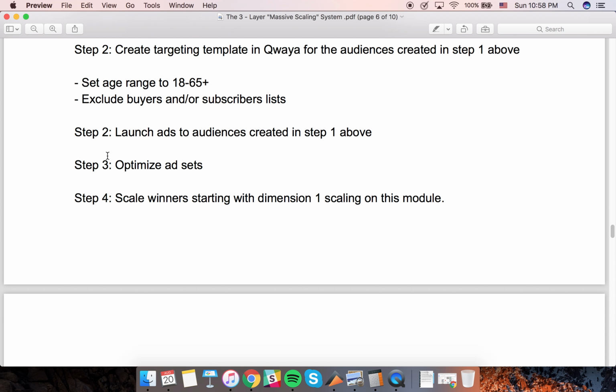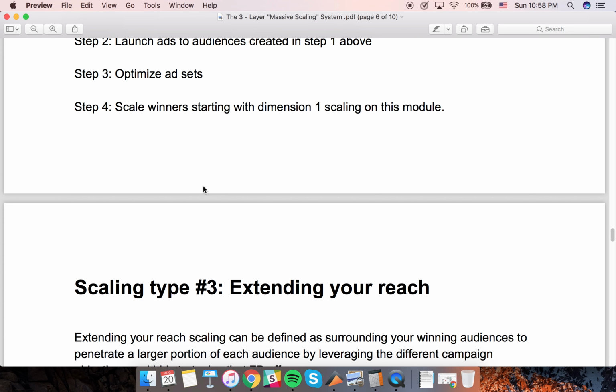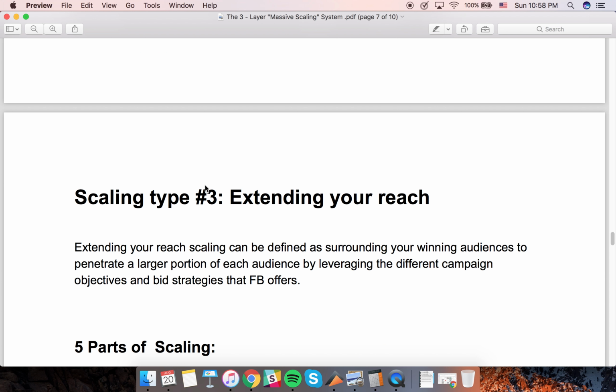You would do the same way. You would launch these audiences. You would then monitor them for your KPIs. You would optimize them, and you then scale winners starting with the mentioned ones. So again, it would be either duplicating ad sets, or duplicating at higher budgets, or it would be gradually increasing the budget on the ad set. This third type of scaling is something that I personally rarely use because it's only applicable,